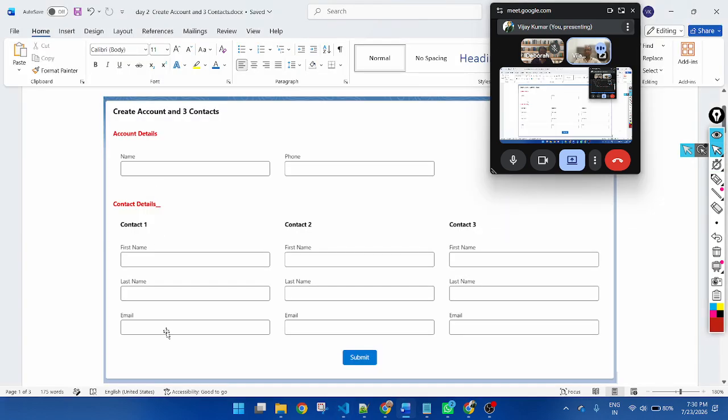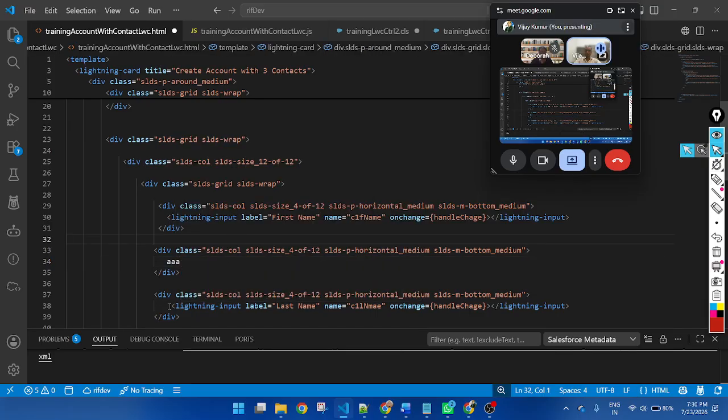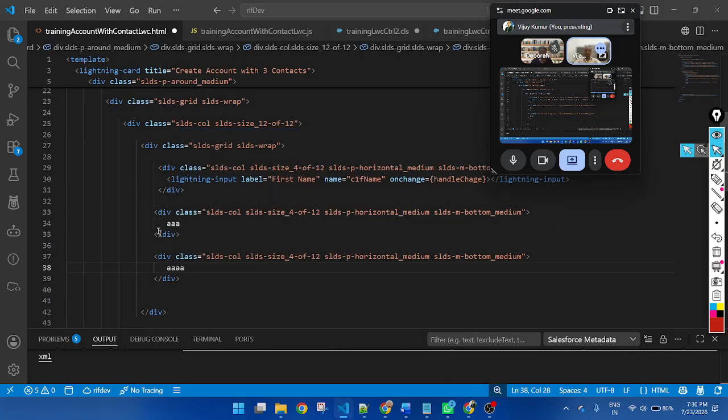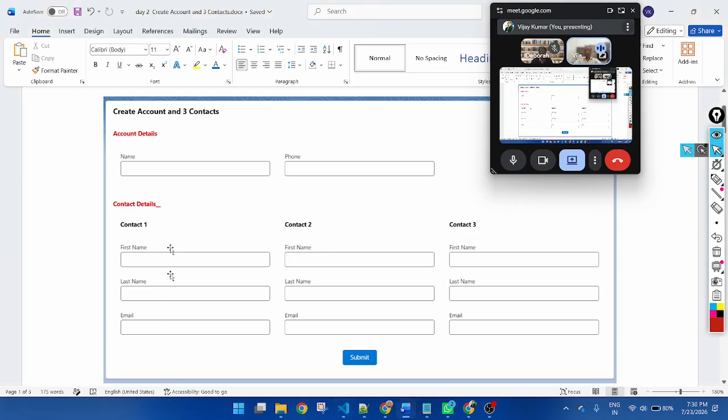Let's suppose first I am creating three types, A, B, C. In the A column it will display this one, B column will be contact 2, C column contact 3.